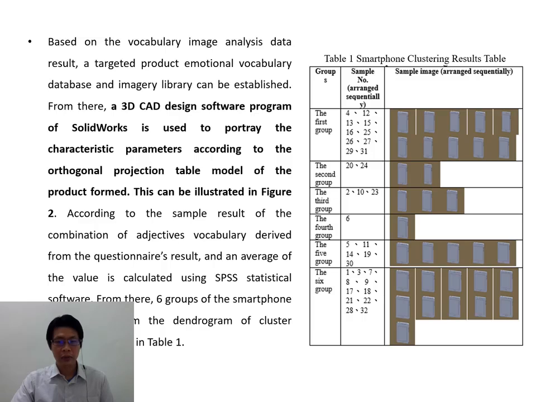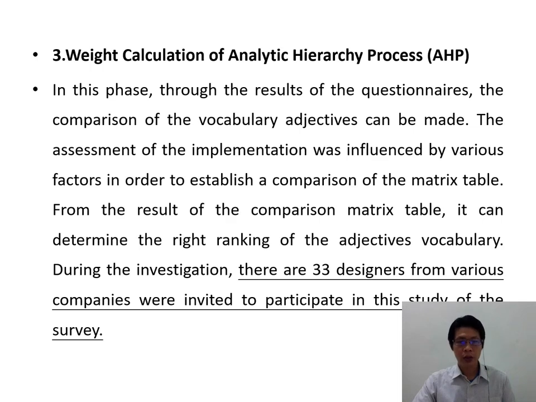From there, the 6 groups of the smartphone are derived from the dendrogram of the cluster analysis, shown on the table beside here. Weight calculation of AHP. In this stage, through the result of the questionnaire, the comparison of the vocabulary adjective can be made. The assessment of the implementation was influenced by various factors in order to expedite comparison of the metric table. From the result of the comparison metric table, it can be determined the right ranking of the adjective